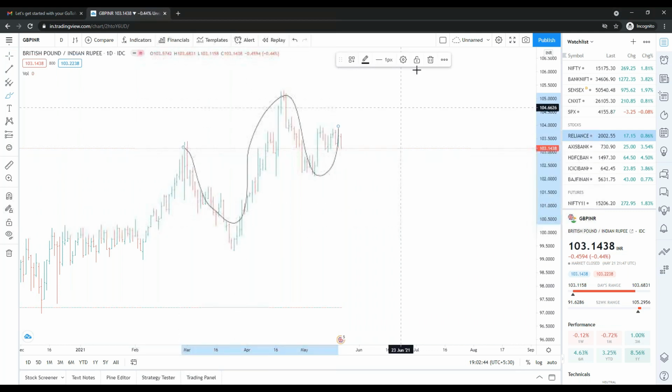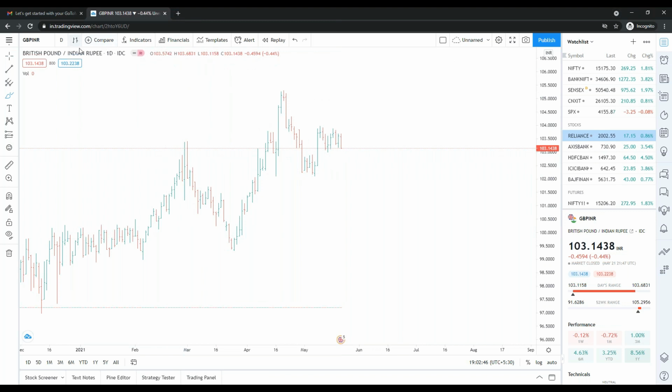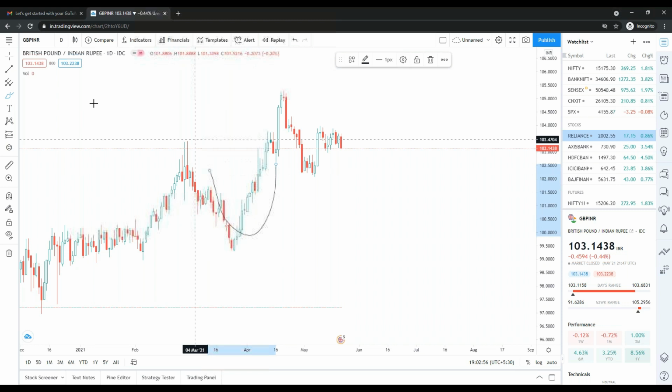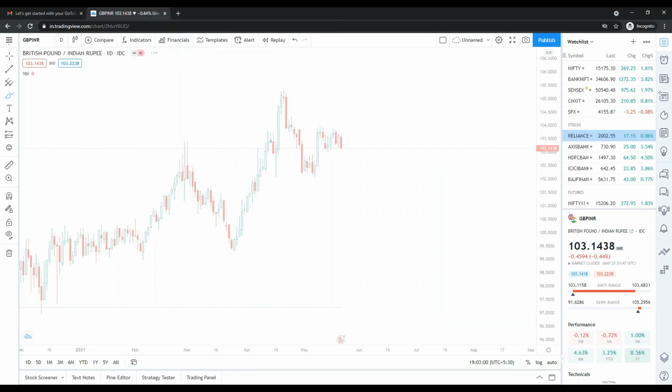At that moment in time people were using bars, but candle is the best thing to use because it gives more information about the movements. Then there is a hollow candle. It's kind of the same. You can see green means bullish candle, red means bearish candle. Then Heikinashi is there.